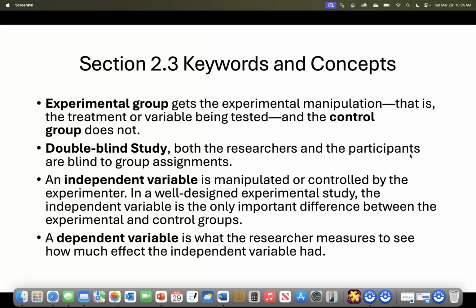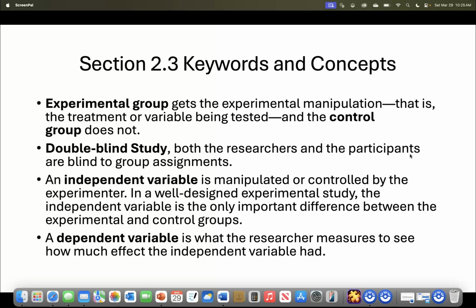So one of the first things we need to learn about are groups within experiments. So we have an experimental group that gets the experimental manipulation. So that's the people that the scientists do things to, right? We also have a control group that the scientist does not do things to, right? So say you're testing out a new drug. You're going to have a group of people that take the new drug. That's the experimental group. But you're also going to have a group of people that doesn't, and that's the control